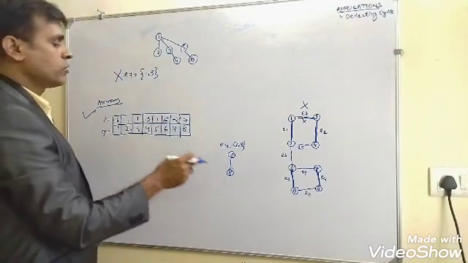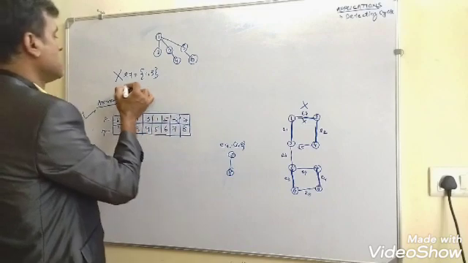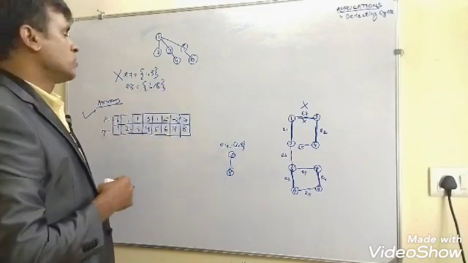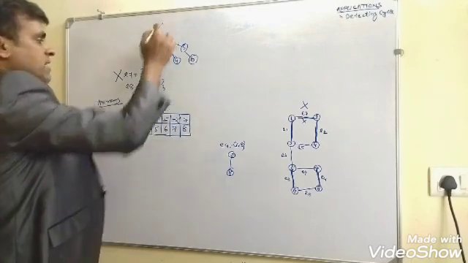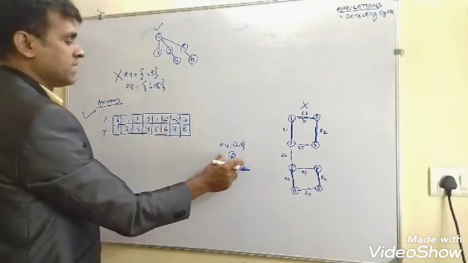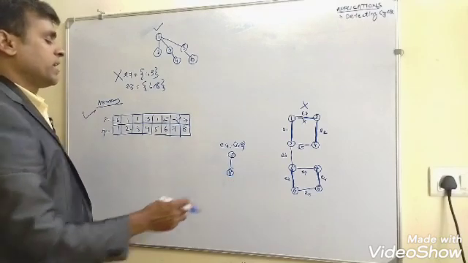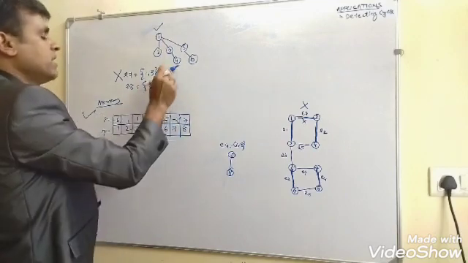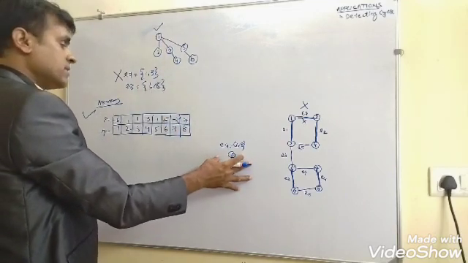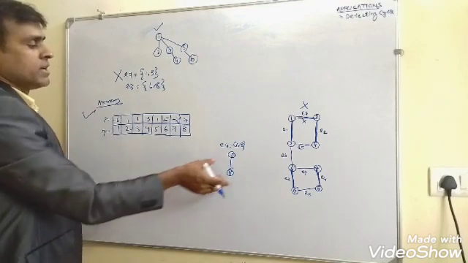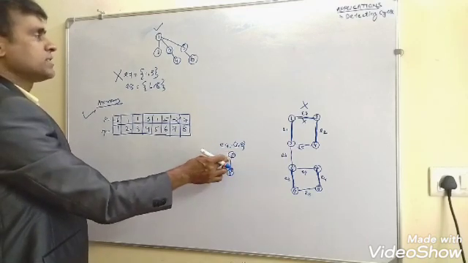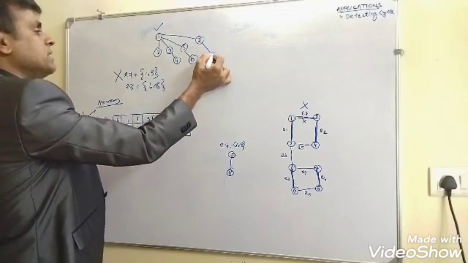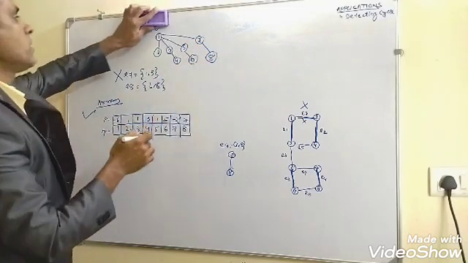After E7, what do you have to go for? E8, that is 6 and 8. So whenever you go for E8, you have to check 6 is available in which set? This set, and 8 is available in which set? This set. So both are independent and disjoint. 8's parent is 7, and 7 is also not available here, so both are disjoint. So you have to go for union operation. With the union operation, 7 will be the child of 1. So you can write it like this, 7 and 8. After doing this, this will be your final array